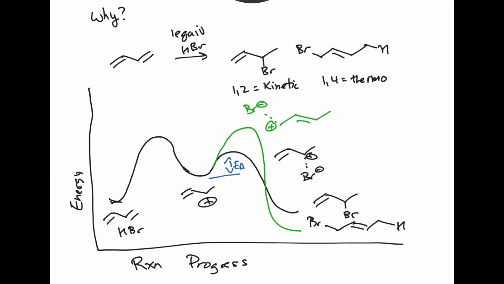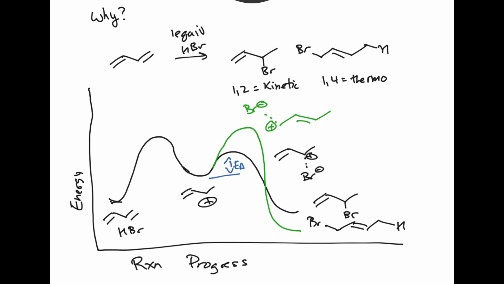So that helps explain the difference in energy, is that I have a more stable carbocation when I'm making the 1,2 product than I do when I'm making the 1,4 product. Fair? So when I run the reaction under kinetic conditions, under low temperature, I'm only giving the reaction enough energy